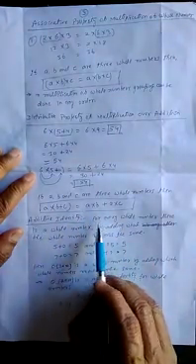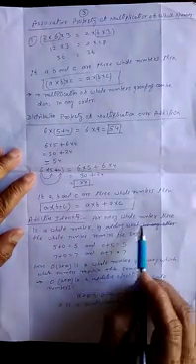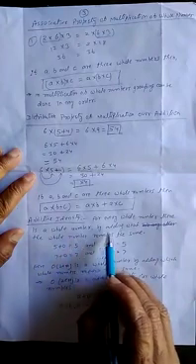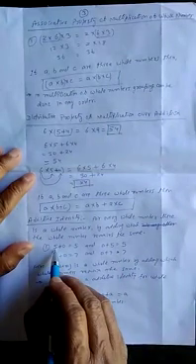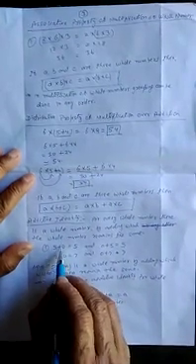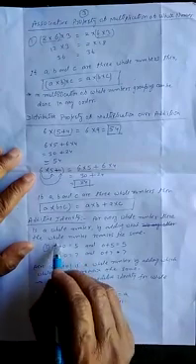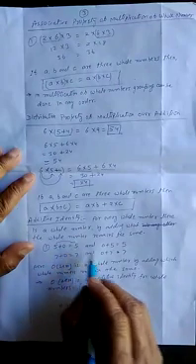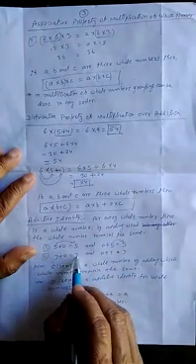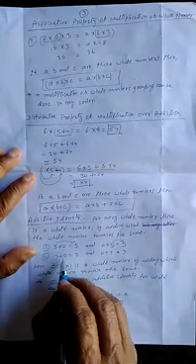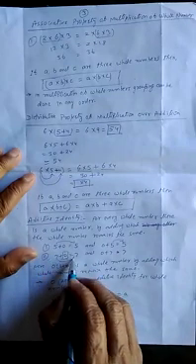Additive identity. Identity means to remain the same. For every whole number, there is a whole number by adding which the whole number remains the same. 5 is a whole number. 0 is also a whole number. 5 plus 0 is equal to 5. 0 has been added to 5 and the sum is the same. Whole number remains the same. 0 plus 5 also is equal to 5. In the second example, 7 plus 0 is equal to 7. Here 0 has been added to 7 and the whole number remains the same.